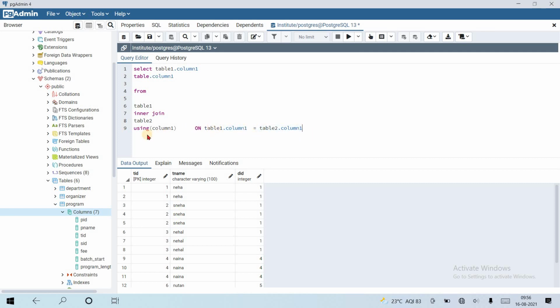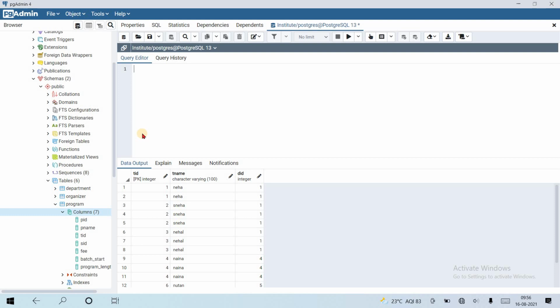And with USING, we only pass the common column name inside the brackets. That's it. So USING is easy, simple and clear. The syntax is different, but everything else is the same.